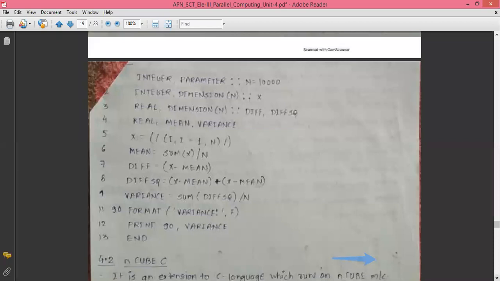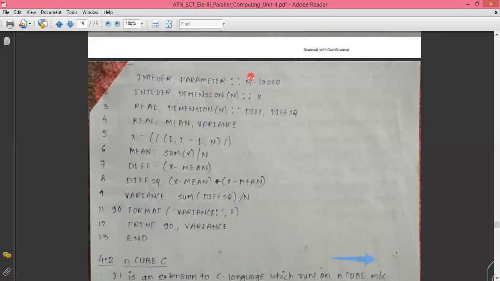So we are declaring here a variable n which is having some size. Let us say in this case 10,000, or you can take 100 as well. It really doesn't matter. The size belongs to the choice of the program. It is not mandatory that you always define 10,000. So there is a variable n, which has a data type integer, and this is the syntax: integer, comma, parameter.